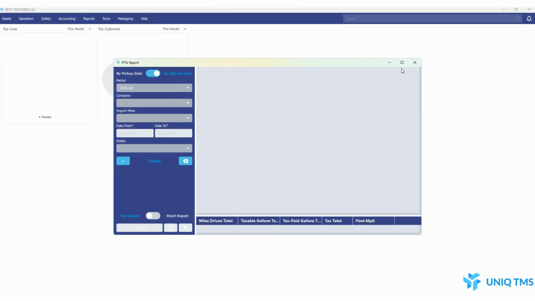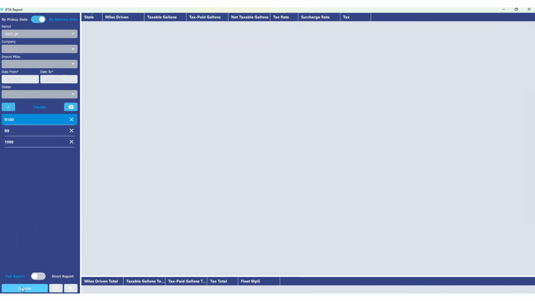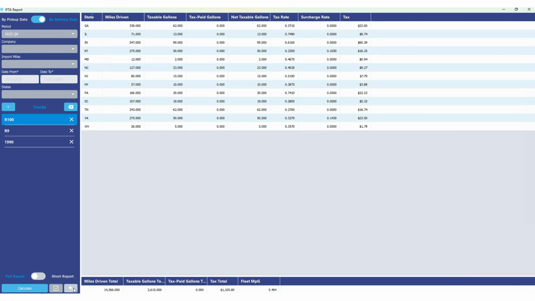Our next change that we have is going to be in regards to a new summarization and analysis feature for existing reports within the TMS. So you're going to see this on any report that we currently have. So we'll run an example here. I opened up an IFTA report, calculated my information, and now I have this new button next to my download button